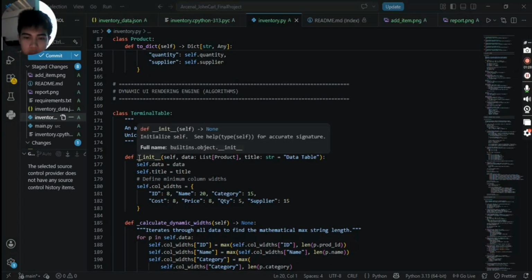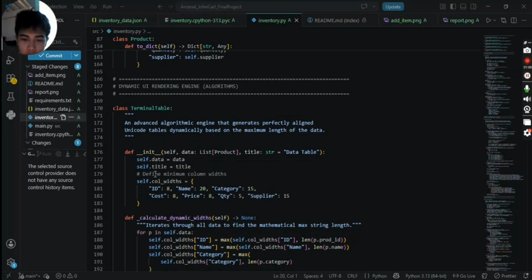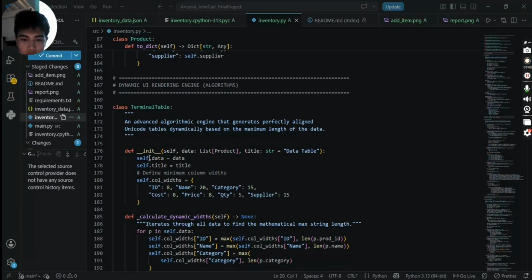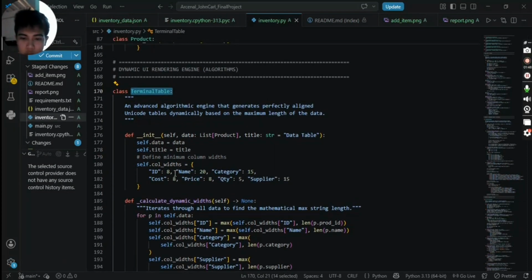For my non-trivial algorithmic logic, to solve the common CLI issue of misaligned tables, I engineered the terminal table, which you can see on line 170.